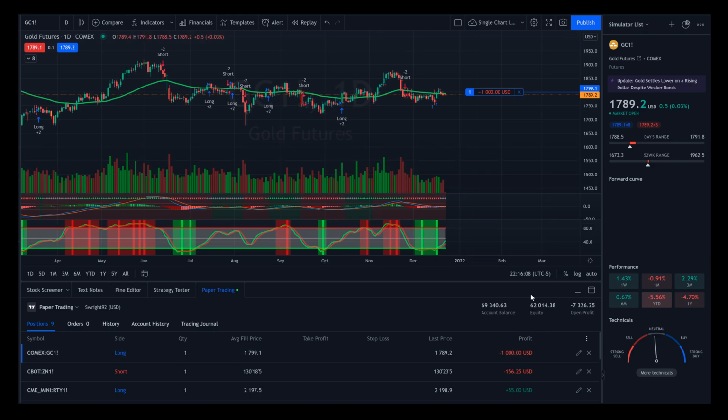I'm not going to bother with resetting our equity here because it doesn't really matter. It's fake money, and I'm only doing one contract per trade. So we still have a ways to go before I will actually have to tell this whole thing that, whoops, we need more cash. So right now,